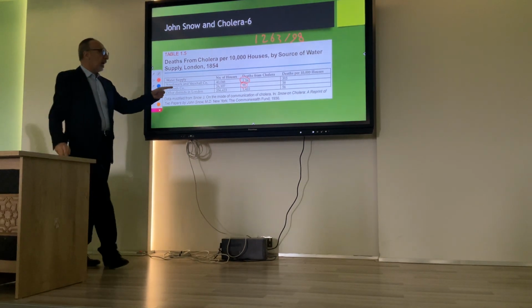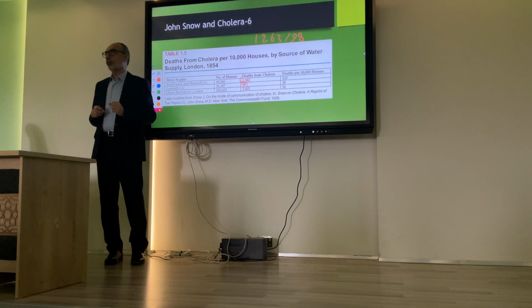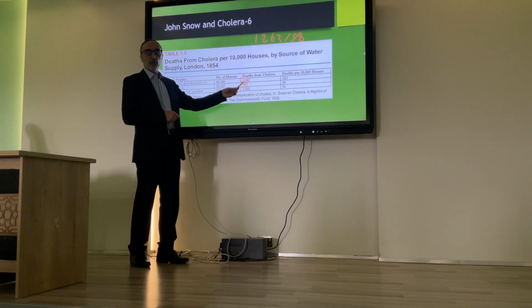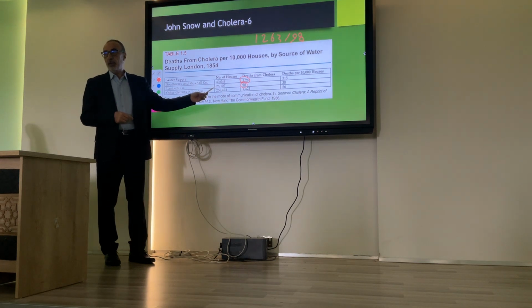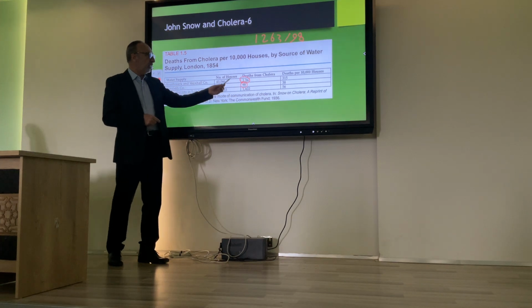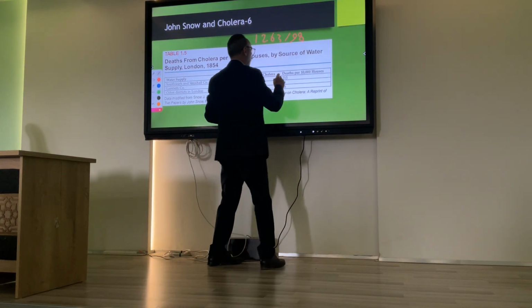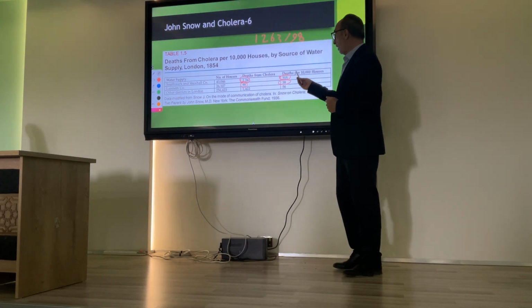This is a good point: absolute numbers are not useful. We need relative numbers. The relative number is produced by dividing the number of those who had the event by the total number in that group. So if we divide 1,263 by 40,000, we reach this number. And we can compare this number with this number because it says that